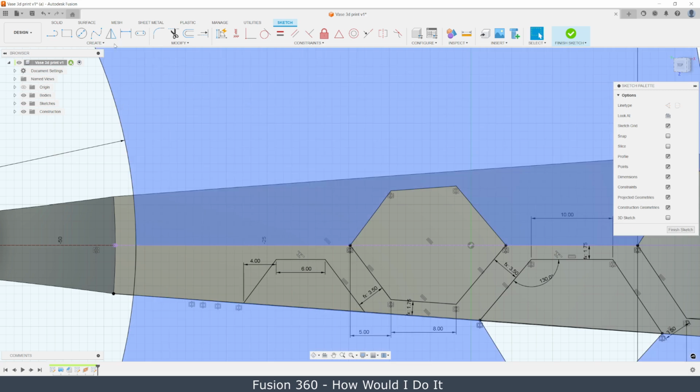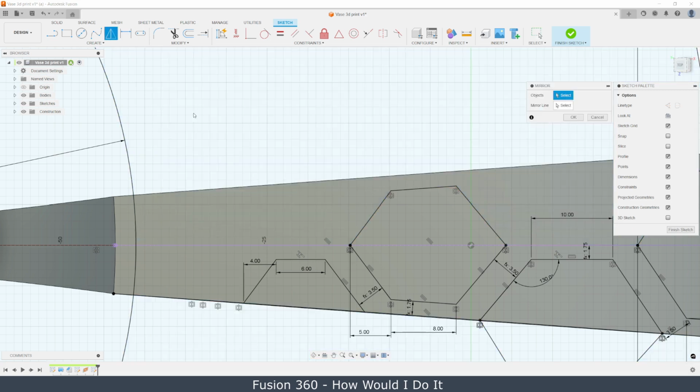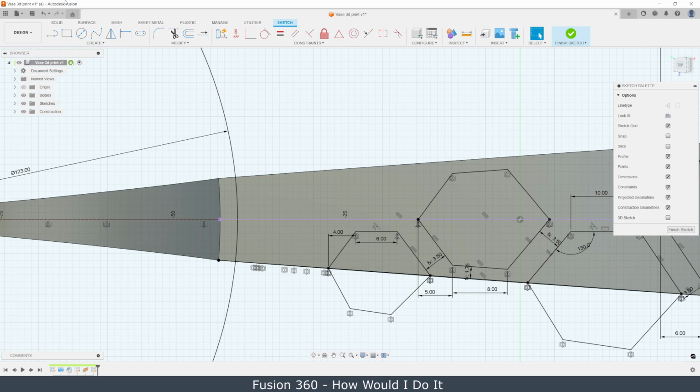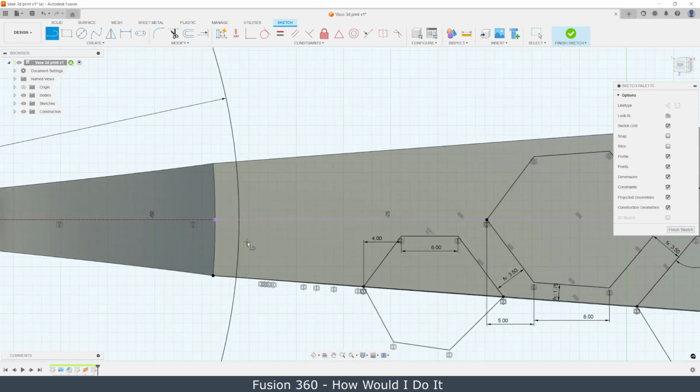Go to mirror, select these three lines, select mirror line, this, and okay. And finally we go here, create something like this,